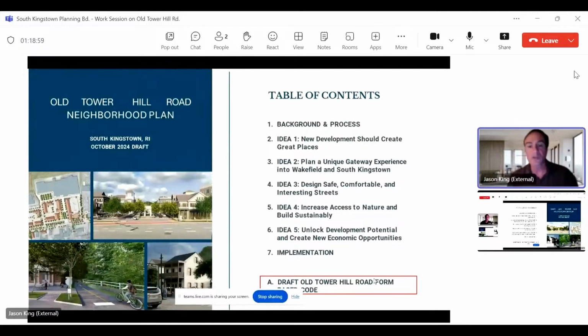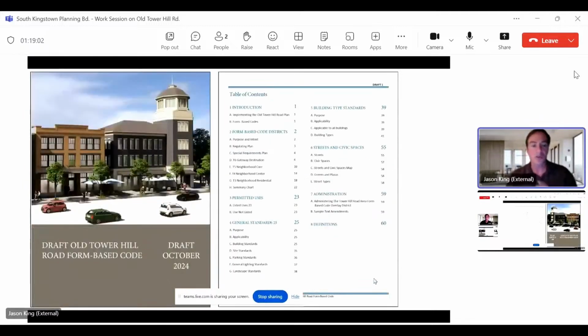Right. So this is what the draft form-based code looks like. There are different parts. There's the introduction, which is sort of the nexus. It talks about how this is tied to the goals and the purposes of the plan. And there are the form-based code districts. We talked about how we left room for T6, T5, T4, and we even have a T3 area. We'll go into it in a minute, but it's not all the distinctions you sometimes find in a form-based code.